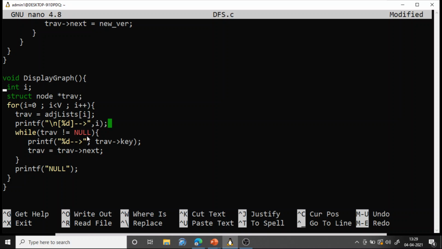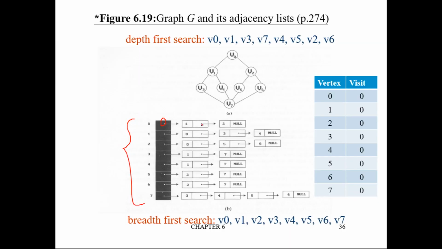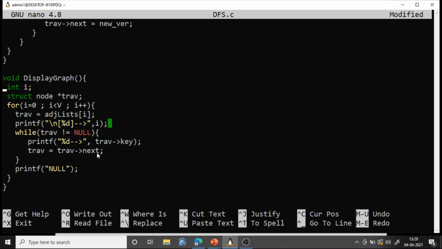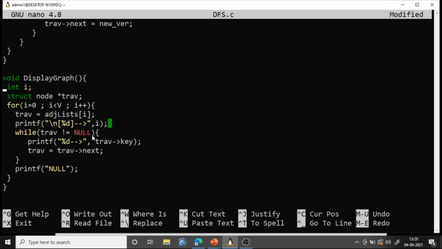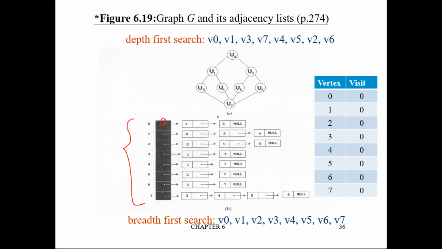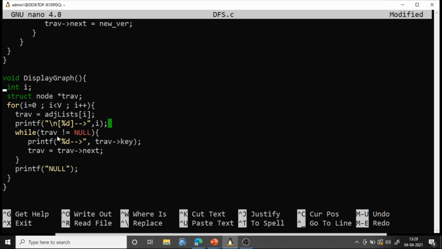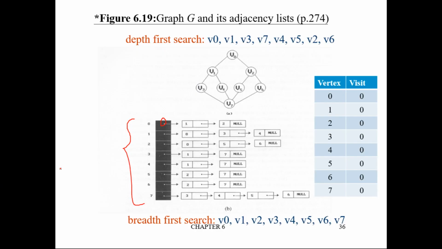Then while traverse not equal to null, print percentage d, traverse arrow key. So after 0 it will display 1. Then traverse equal to traverse arrow next. So that is 2. Then traverse is not null, it will display 2. Then again traverse arrow next becomes null. So if it becomes null, it will come out of the loop, then we display null.